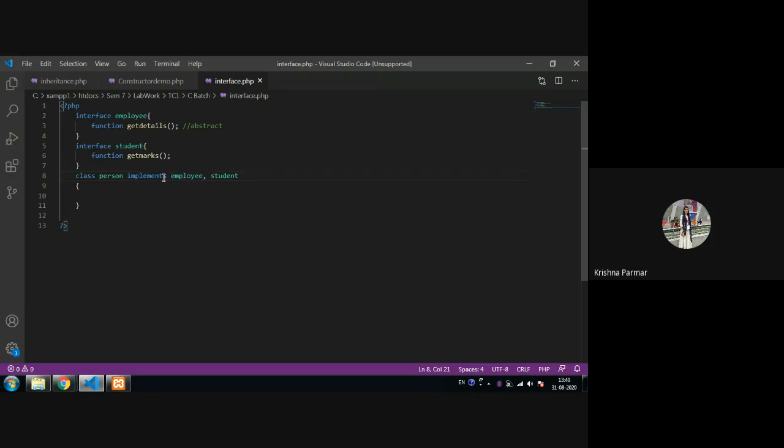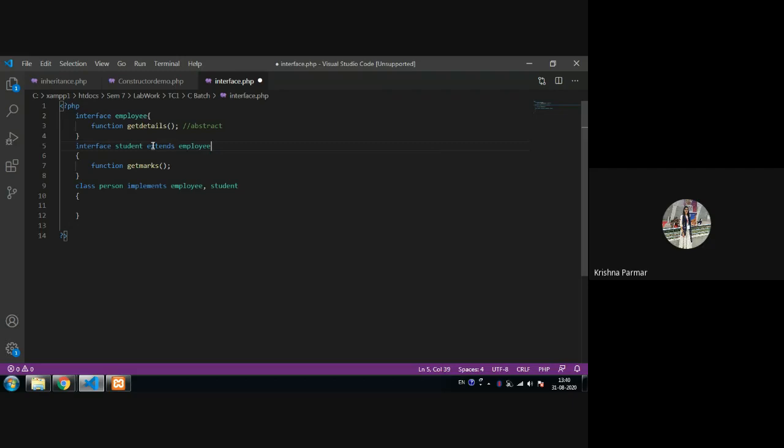You can implement more than one interface, that is up to you. It is not necessary to implement only one interface. And if you want to implement another interface also, you can write it this way also, extends and employee.